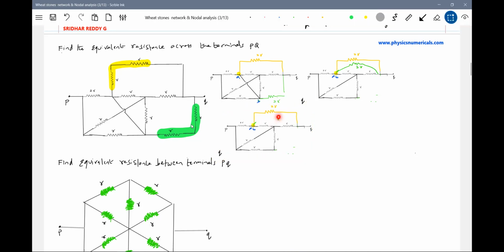Stepwise, we have to come. So this together, these two, how much will it be? 2R parallel to 2R will become R. Now again, check these two, how they are. Okay, can we simplify? No, stop it here. These two you cannot simplify because the point P is here, you can't disturb it. Okay, come for these two now, how they are. They are in series. 2R, that is effective in parallel with this.